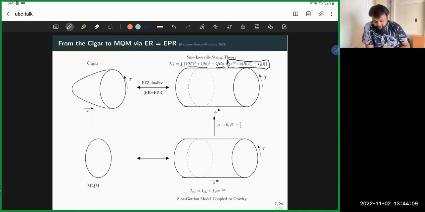Okay, the sine-Liouville string theory is a particular limit of what's called the sine-Gordon model. The sine-Gordon model has a worldsheet action, which is sine-Liouville plus this extra term. Now, whenever you have a Liouville term, you need one more term, because as you send phi to minus infinity, the action goes to minus infinity, right? It has an instability. So you need some sort of wall in the potential to ward off that